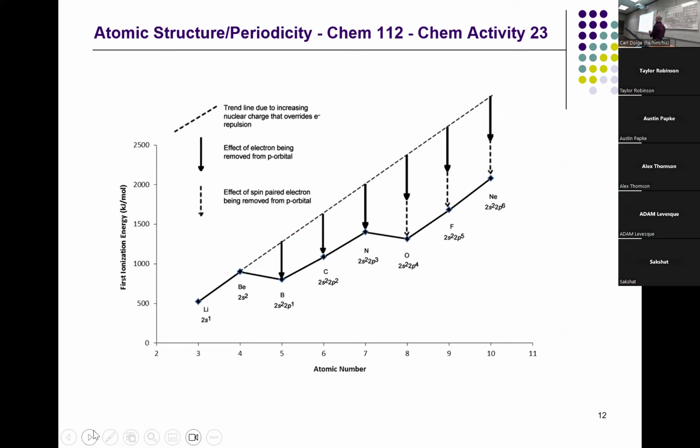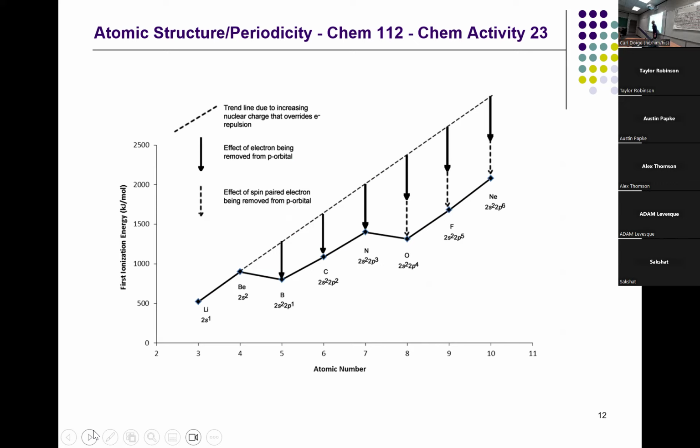Because the nuclear charge seems to override any repulsion of electrons, we would expect that the ionization energy would just keep getting bigger and bigger, harder and harder to remove that electron. But you can see between beryllium and boron, there's a dip. But it's actually not quite right to just think the dip is happening here. The dip is actually happening for boron, carbon, and nitrogen, all of them, relative to what it would have been if all the electrons had been in the s orbital.